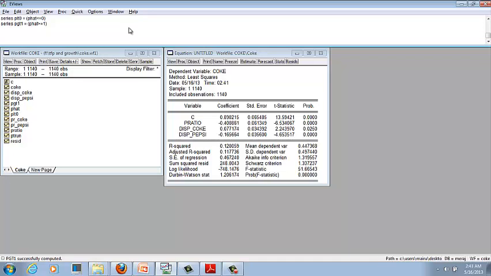Now we will check how many of the observations have probabilities greater than 1 and probabilities less than 0.